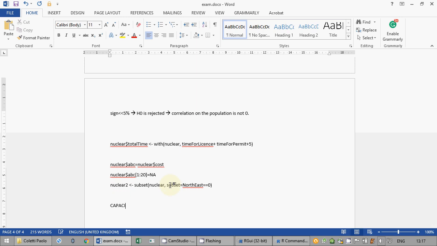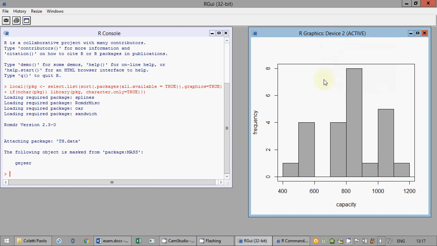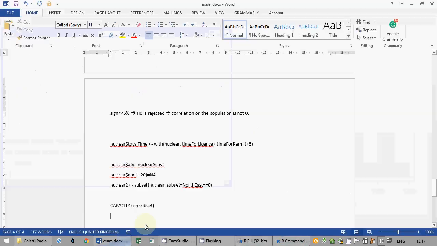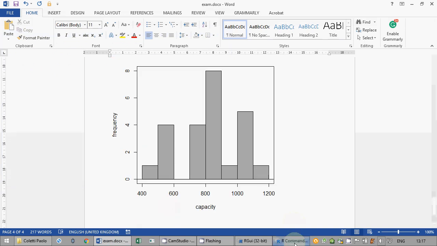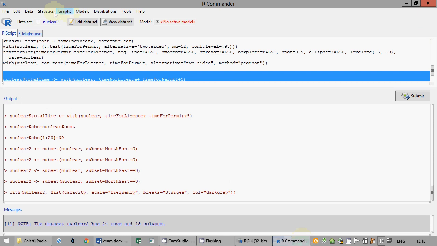Now, capacity on subset. Okay, first of all, a histogram. When I'm in a hurry, I usually prefer the box plot, because the box plot is always correct. The histogram may have a strange binning and you will have to redo it. So usually the box plot when you are in a hurry. And numerically,